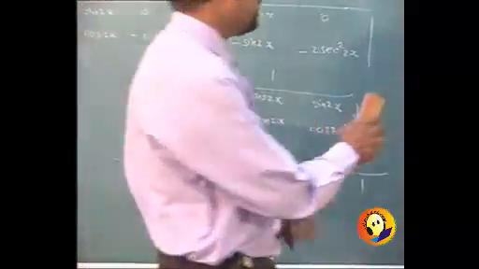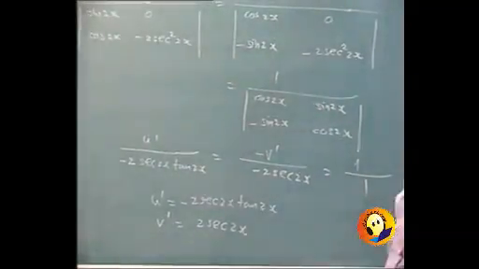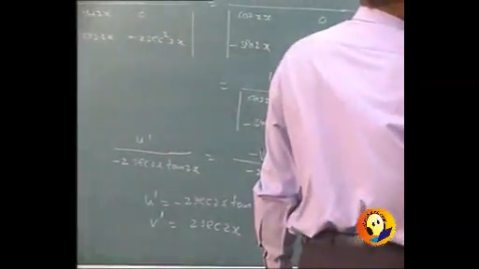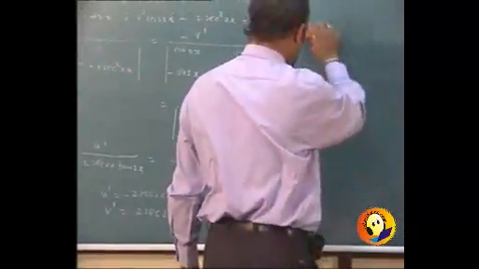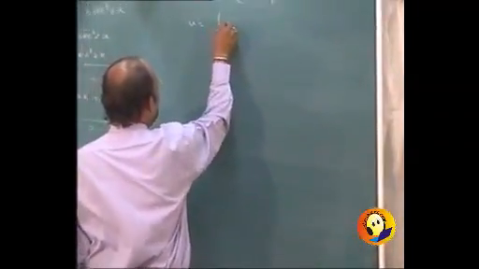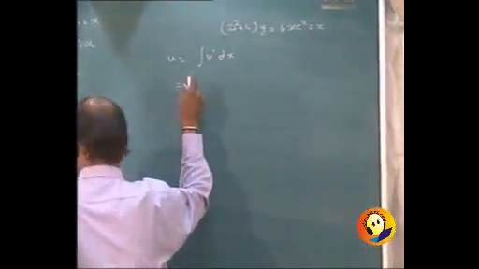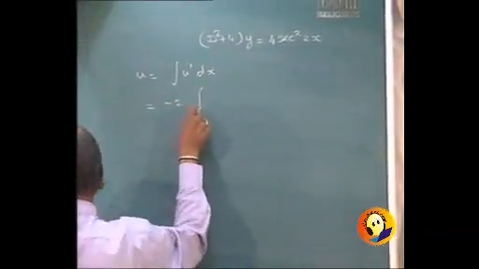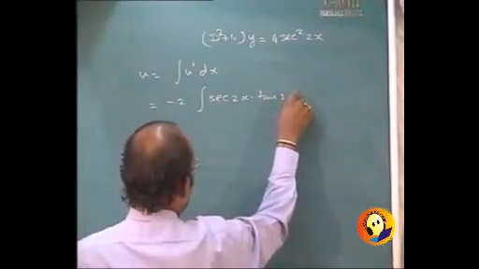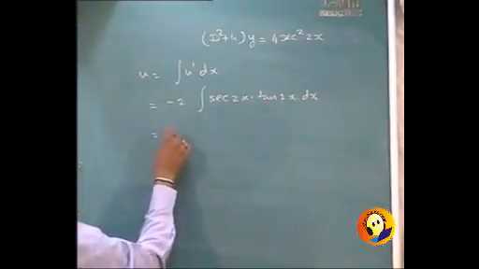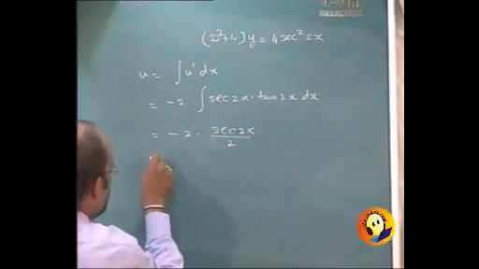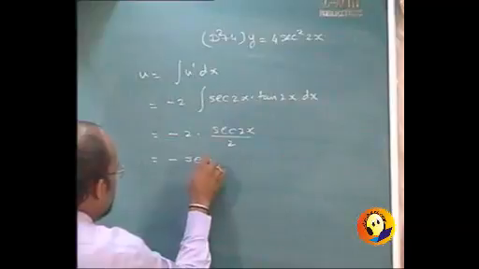So this u dash and v dash should be integrated to find u and v, and therefore u will be equal to integral u dash dx, which will be equal to minus twice integral sec 2x into tan 2x dx, and integration of sec 2x tan 2x is sec 2x upon 2. So ultimately u comes out to be minus sec 2x,